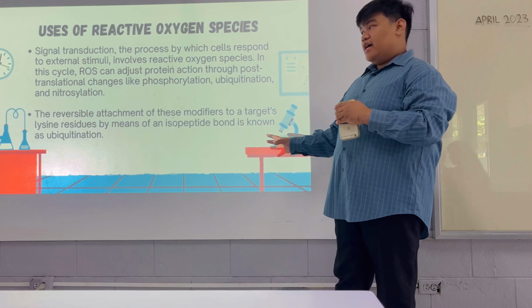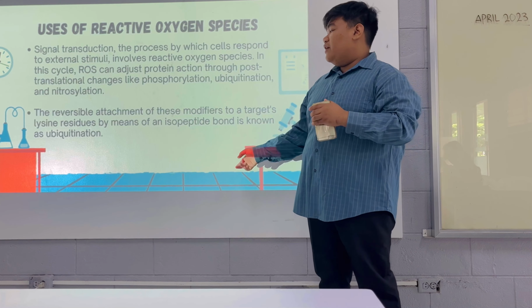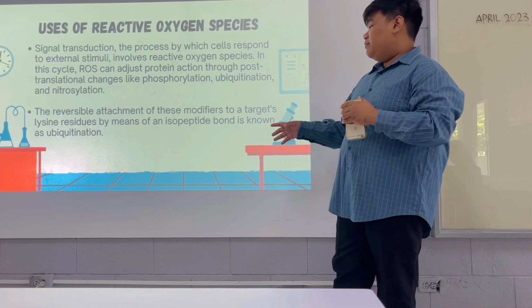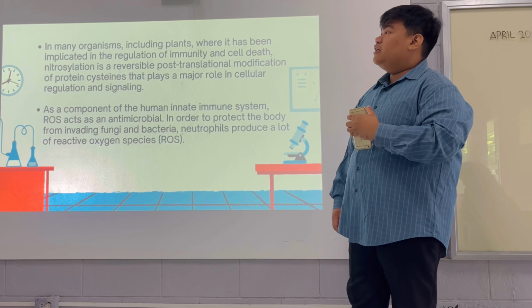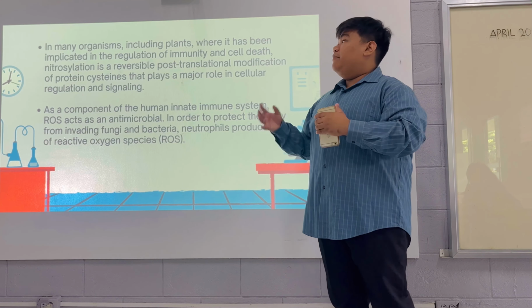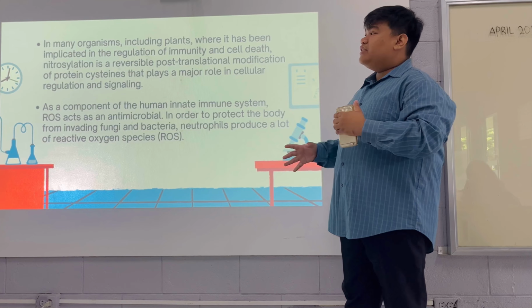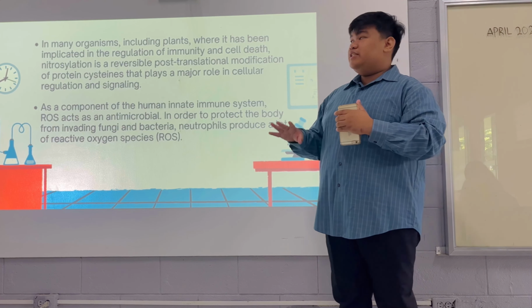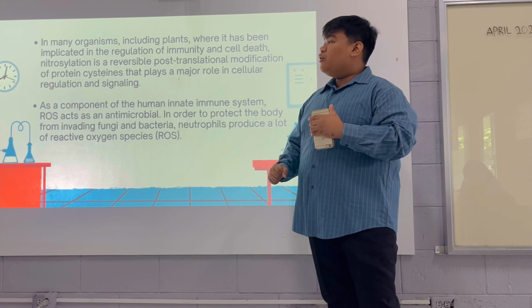The reversible attachment of these modifiers targets lysine residues through an isopeptide bond, known as ubiquitination. In many organisms, including plants, it is involved in the regulation of immunity and cell death. Nitrosylation is a reversible post-translational modification of protein cysteines that plays a major role in